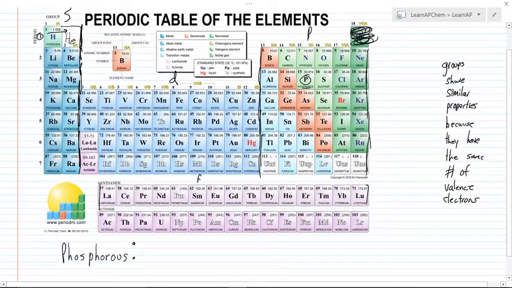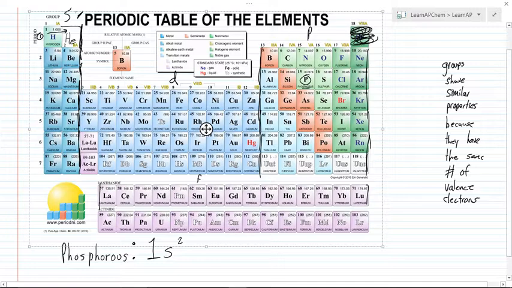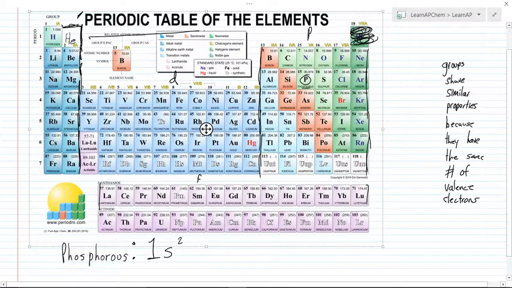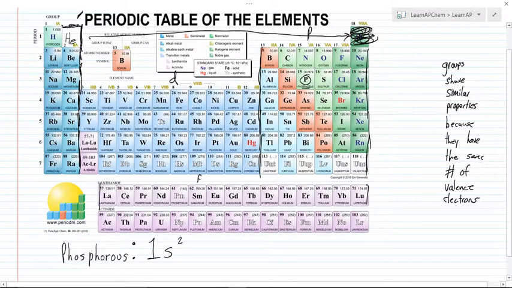And what the period is going to say is our energy level, and the group is going to tell us the shape, and the amount of things we get to is going to tell us the amount of electrons. So here we're in the first period in the S shape, and we're jumping across 2 atoms, so we are going to have 2 in that subshell. Now, if we keep going across, we can see that I'm not going to get anywhere, so we can move on.